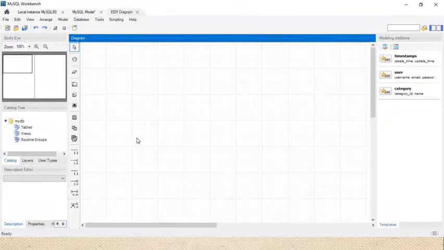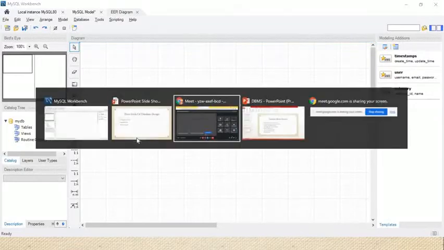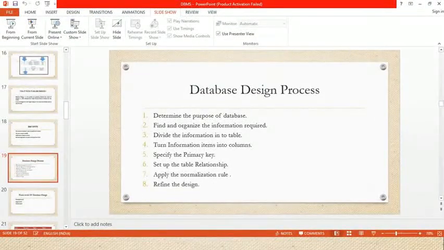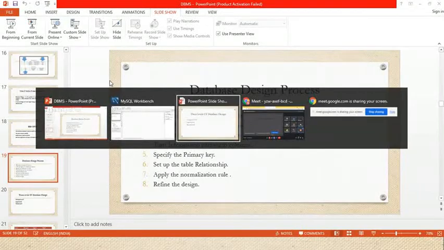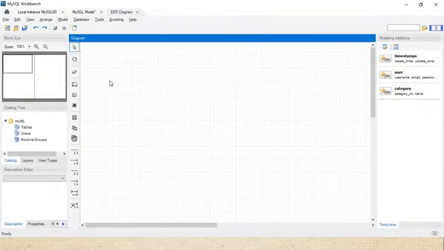Shall I give the answer? Pratik, what is the need of the library database? According to the rules, we need to follow these rules. First, determine the purpose of the database. What is the purpose of the database? Just let me know about that. Am I audible to all? Yes, sir. I thought I left the meeting. So what is the purpose of the library database?